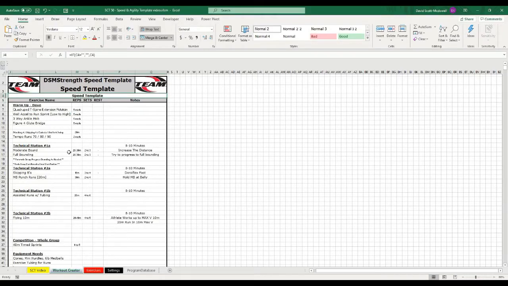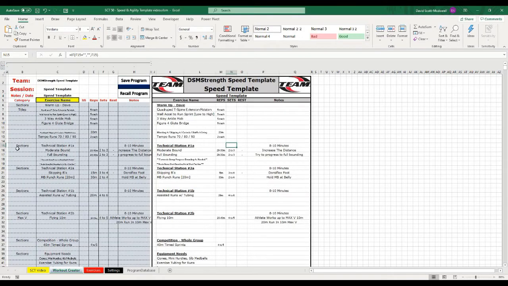Welcome back to Strength Coach Tutorials, and in today's tutorial we're going to continue our series creating this speed and agility workout creator. And for today's video we're going to add some more features, including our hidden box here, which has all of our programming features in it, which allows us to add any of our sections, our exercises, our titles, or really any information that we want to add to our template,